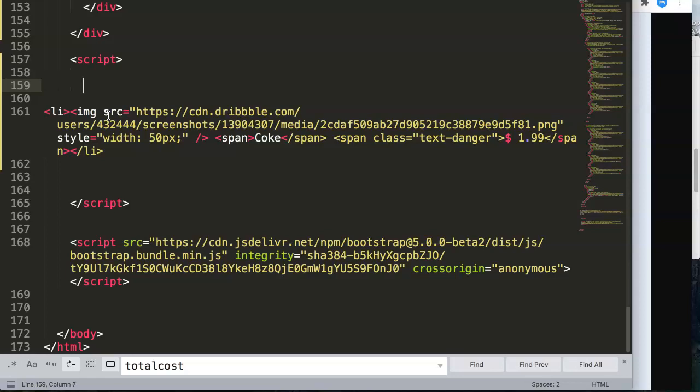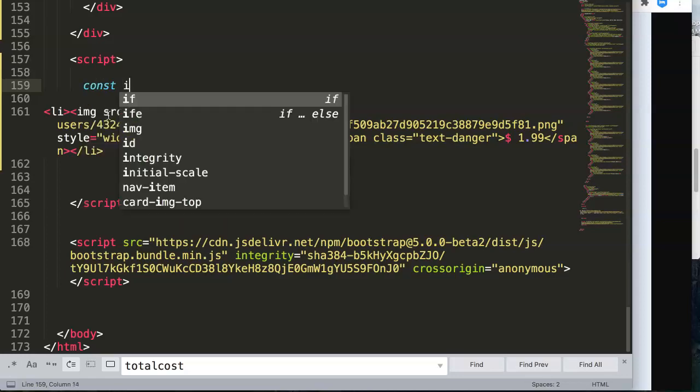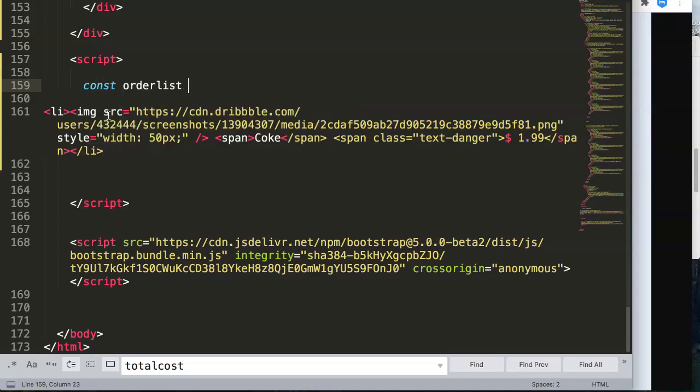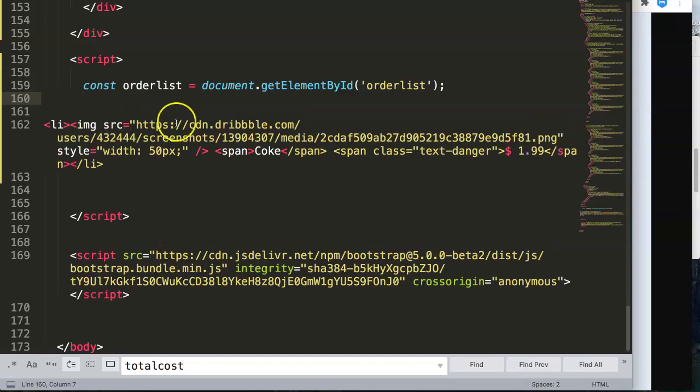So we say here constant. We're going to give it a constant, and then we say here order list equals document dot getElementById. Put in this part here. All right. So we have this part. Now we have this, and now we say here